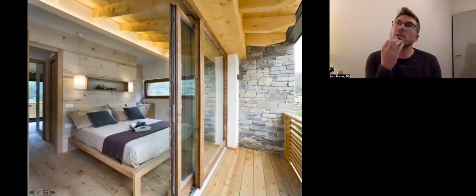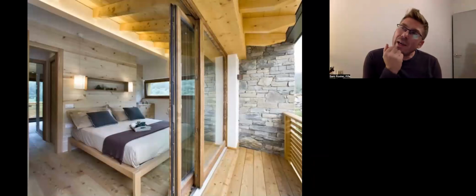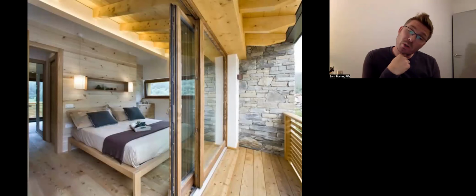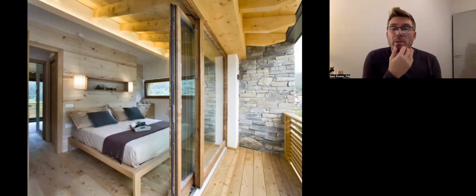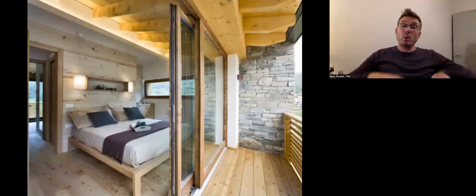The reason we know that is people who came to stay in this hotel, some of them were asked if they would be part of a scientific experiment, a health experiment. The people who took part had their heart rates measured for the week or so that they were staying. And the people doing the test found that the average number of heartbeats of the people staying in this hotel was reduced by 3,500 beats per night. This was all attributed to the fact that this was a natural timber building built out of completely untreated softwood. So if you choose the right kind of building materials, it can lower your heart rate,